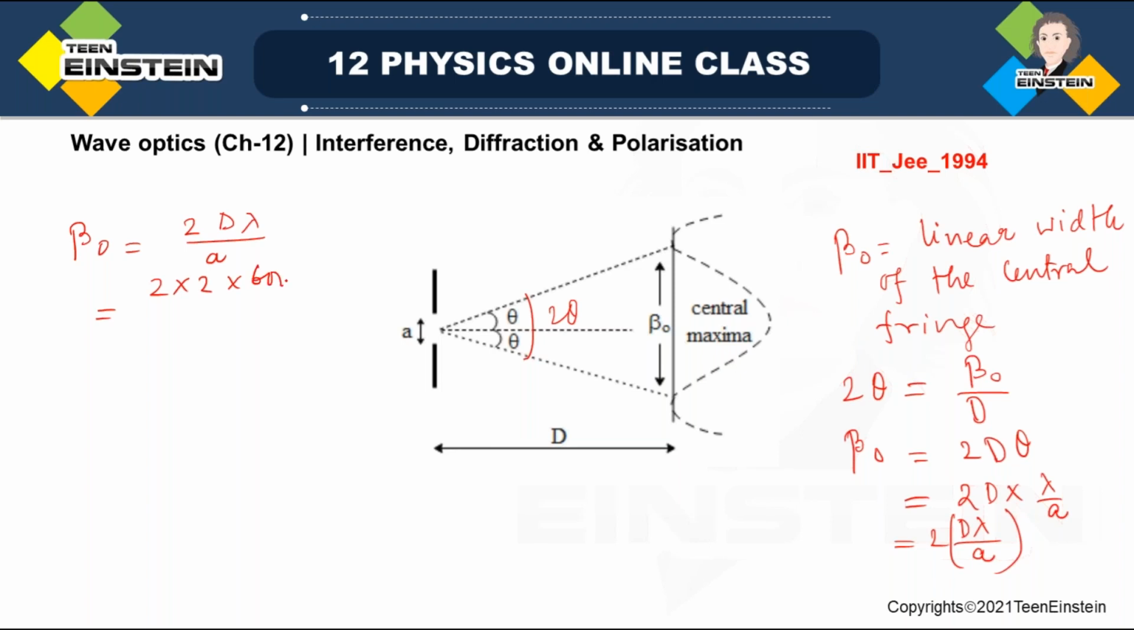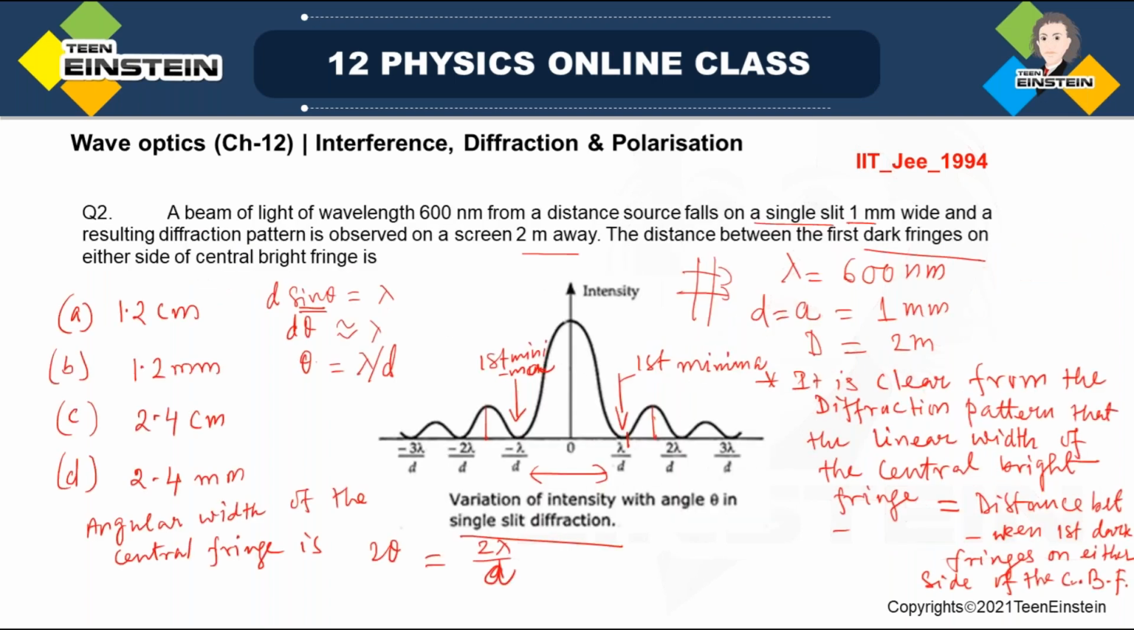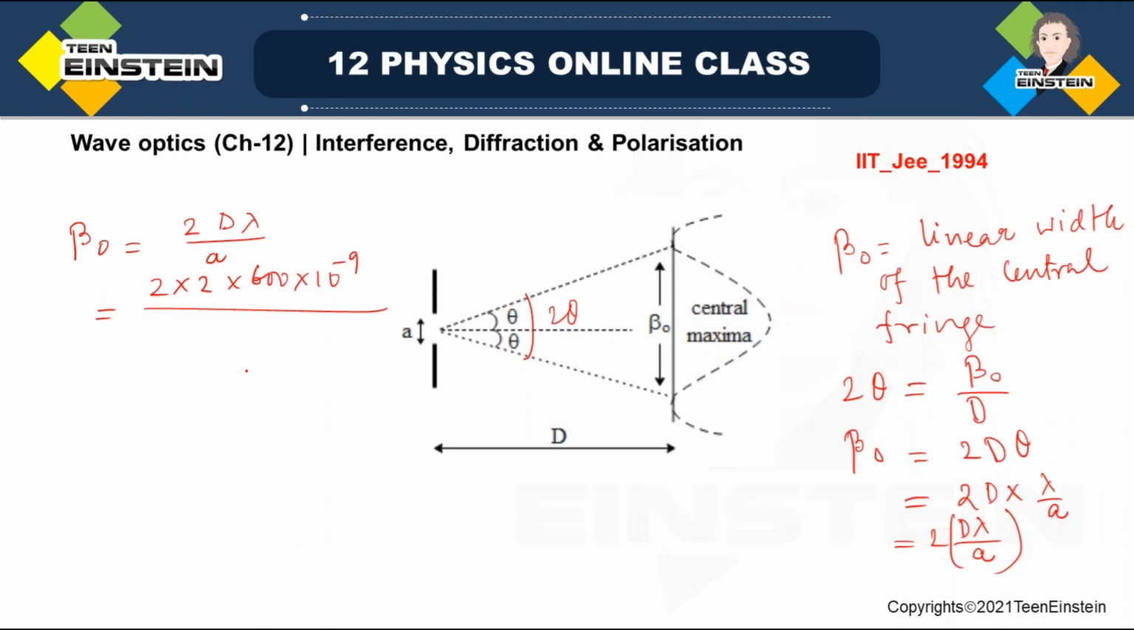lambda is given 600 nanometer, and this has been given, I think, 1 millimeter slit width. So 1 millimeter is 10 to the power minus 3. Look, then this 4 into 6, so we can directly just do the calculation part. So 24 into 10 to the power minus